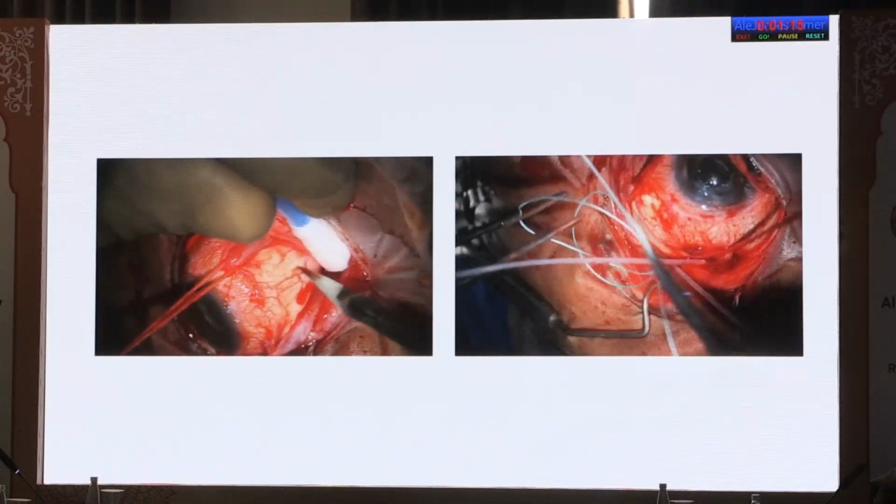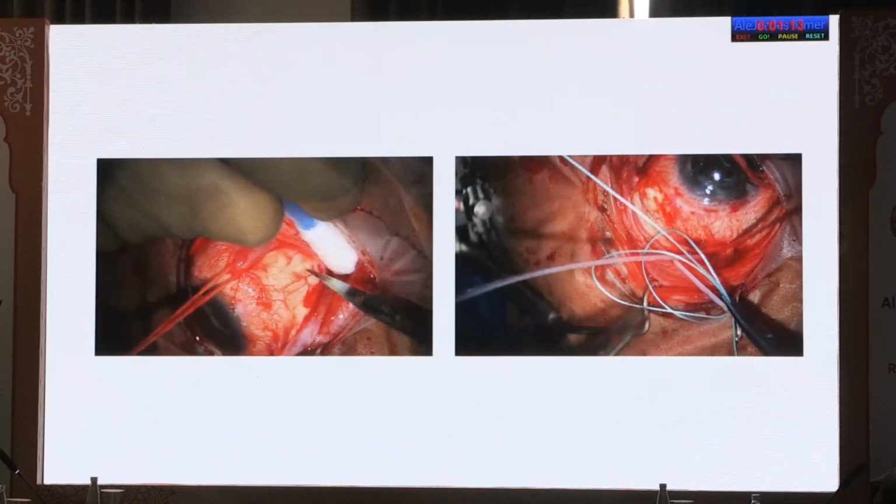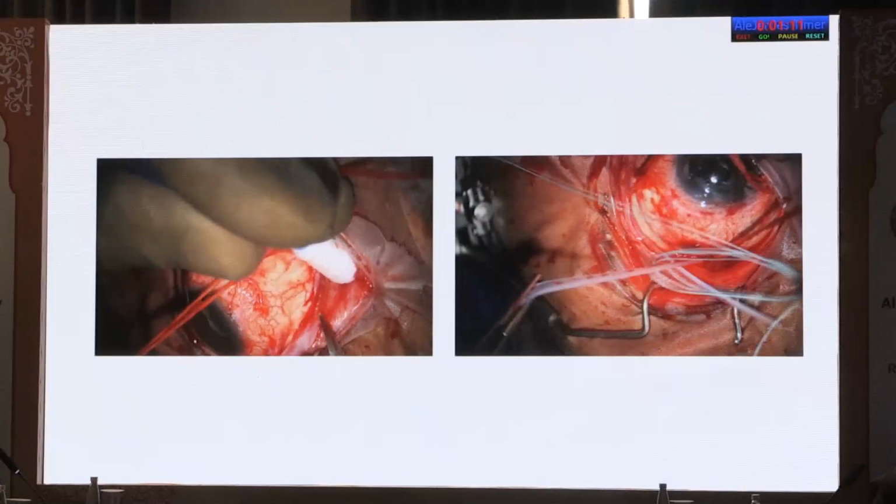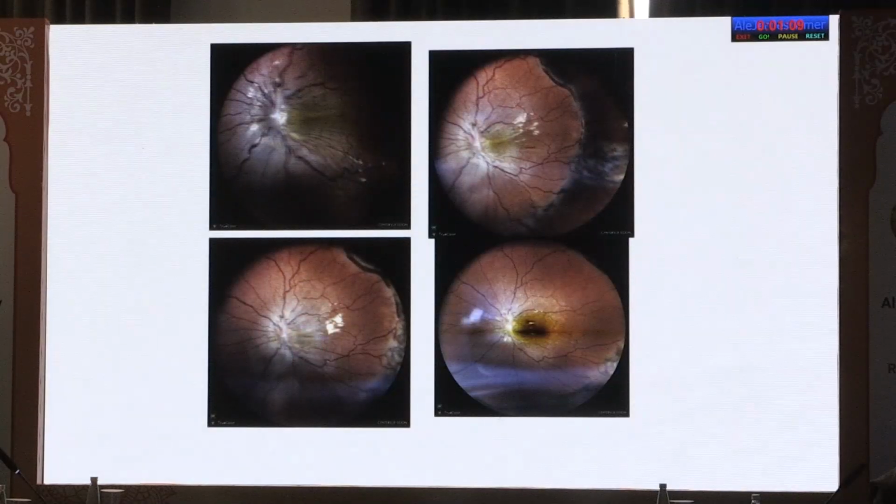And this is something in which we've put an encircling band around a post-vitrectomy eye which had excessive leakage without a particular cause, and this is the outward result. You can see the top left-hand corner had disc edema. It's an oil-filled eye, so that takes away all of the causes for hypotony. You cannot remove the oil. So with the oil present, we put a buckle all around it, and that kind of stopped the flow around it. And you can see the change in the vessel diameter, the change in the disc edema,